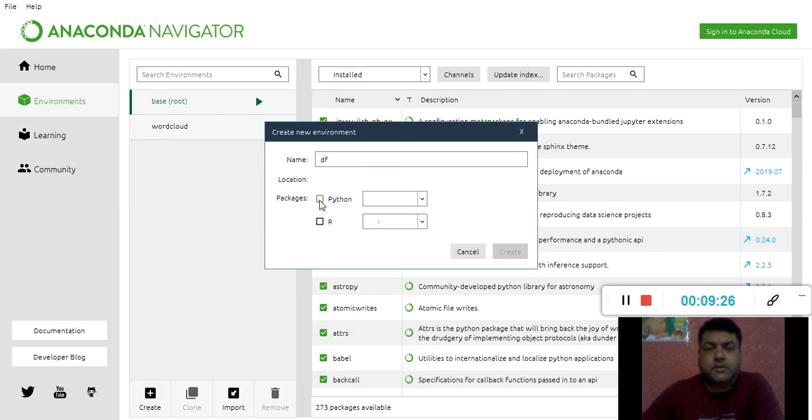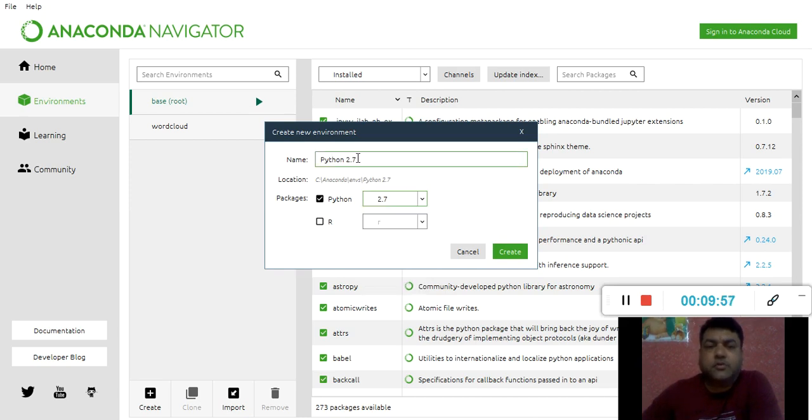So let me deselect this, select it. So let me give Python 2.7, and then I can select whatever version I want, 3.7, 3.6, 3.5, 2.7.